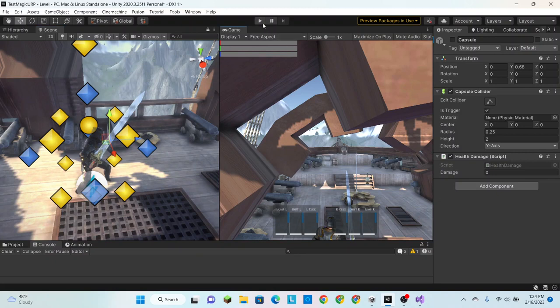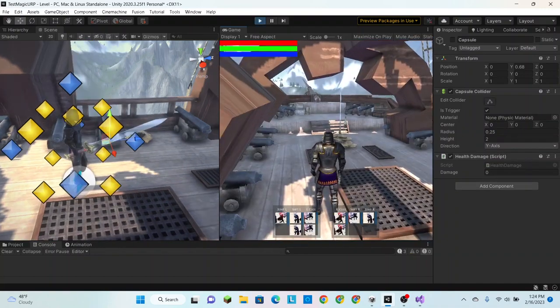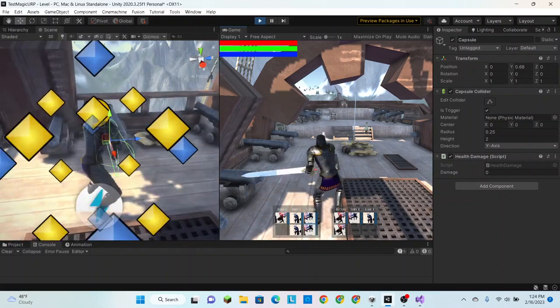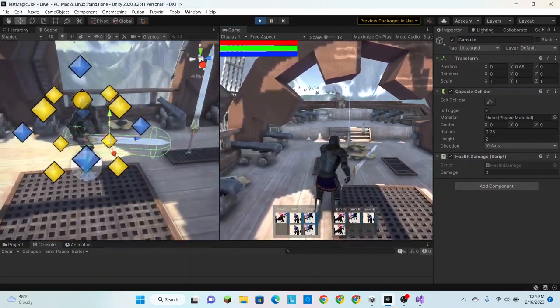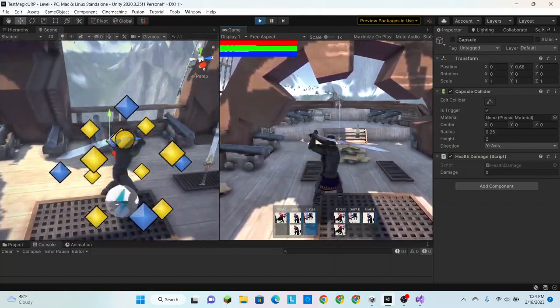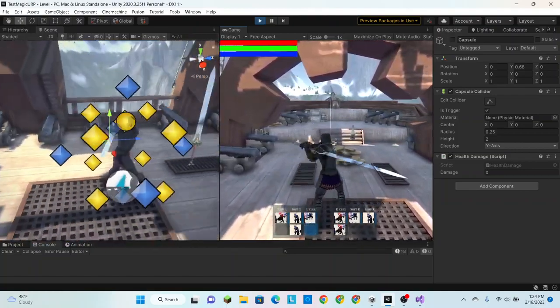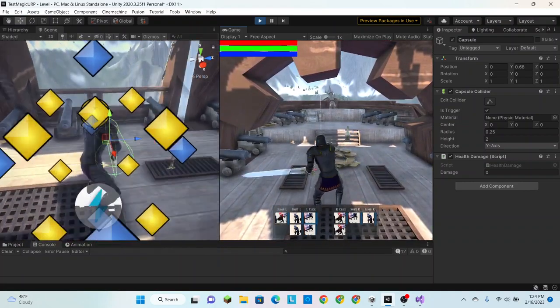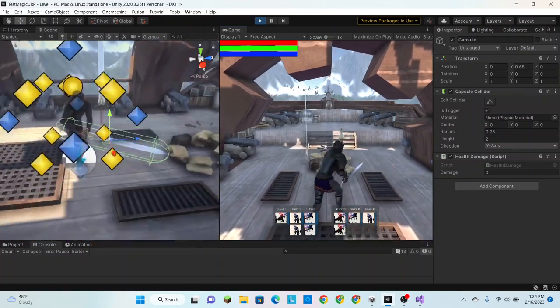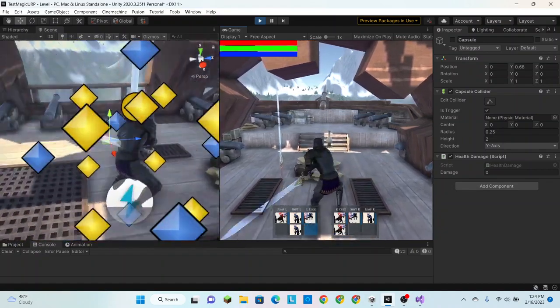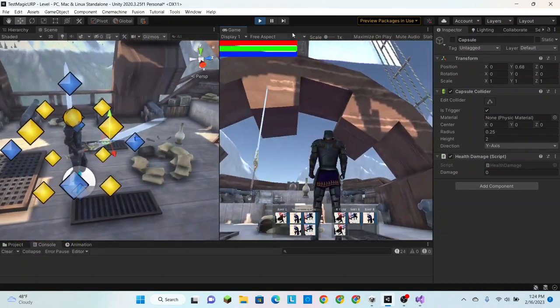Now we go back to our game view. All right. And we swing. Boom. Capsule turns on and off when we're done with the animation. Now you can see when we kind of chain it into a bunch of attacks, it doesn't seem to be working for some of them. See right there? It's turning off too early. And that is simply because,